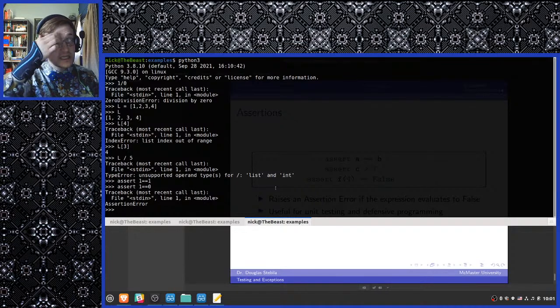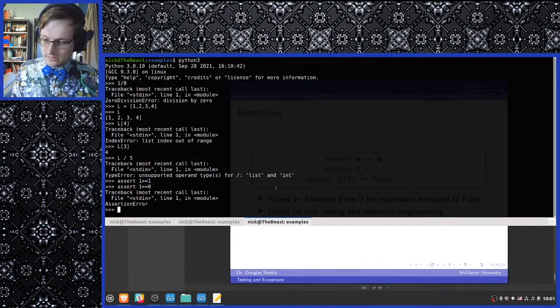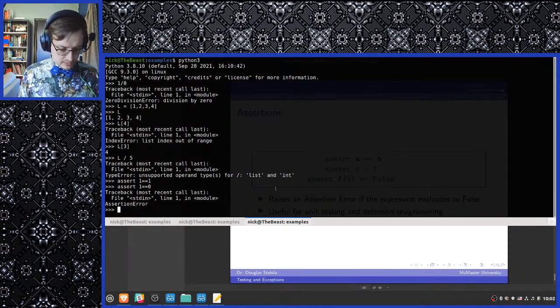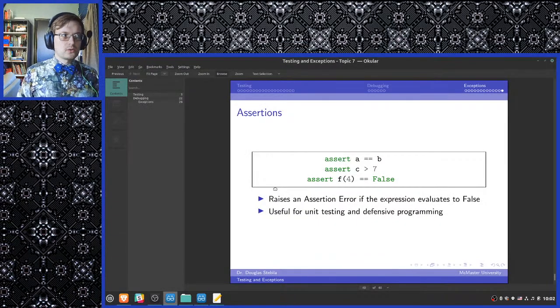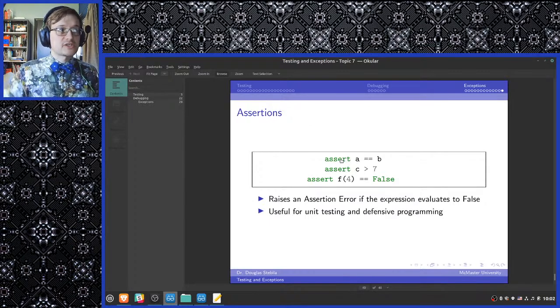You may have noticed these in the test cases for the assignments. This is how the autograding software actually works. I probably shouldn't tell you this because somebody's going to find a way to break it, but essentially we test the results of your functions to see that they are particular results, and if they're not the values we expect, we use an assert statement to raise an assertion error.